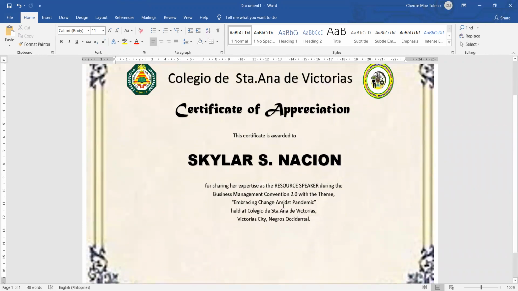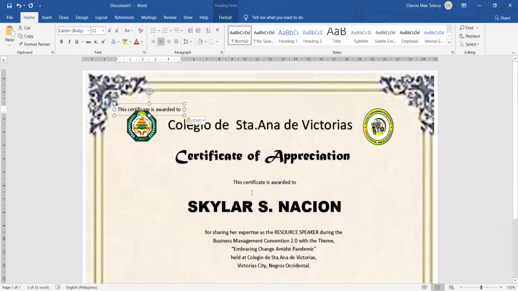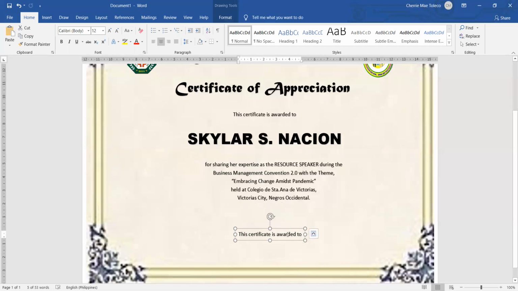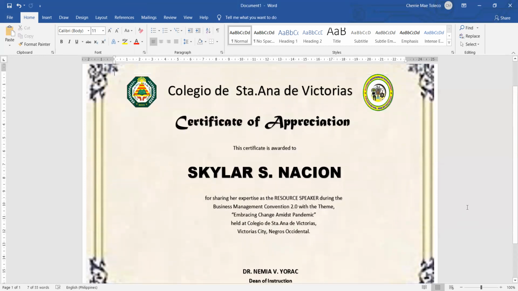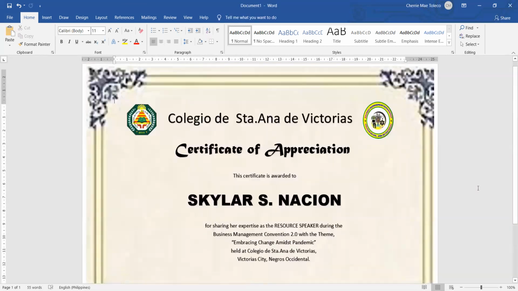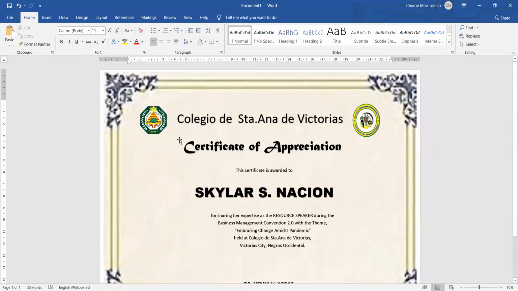So like for example, Control V na lang kita, no? Because we have the history of the previous item we copied. Okay, so you highlight and make it bold and capital, you type the name of Dr. Nemia Vera, Dean of Instruction. Okay, so example, she is the person to sign this certificate. So align, put it at the center, okay, and in order for you to group the shape, just click and